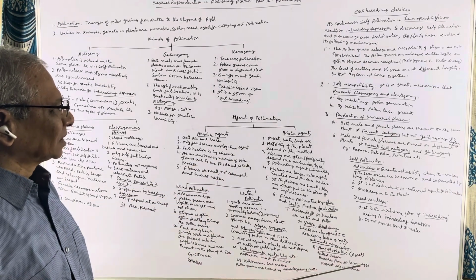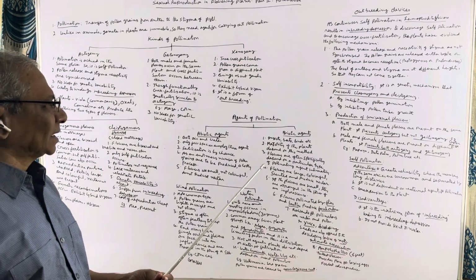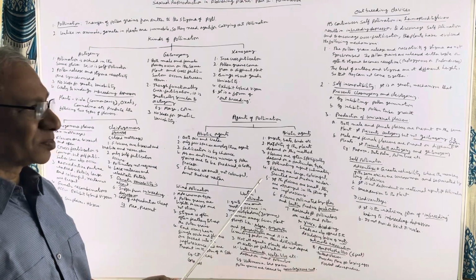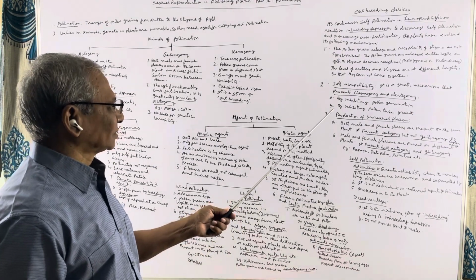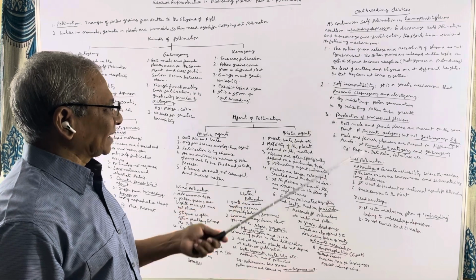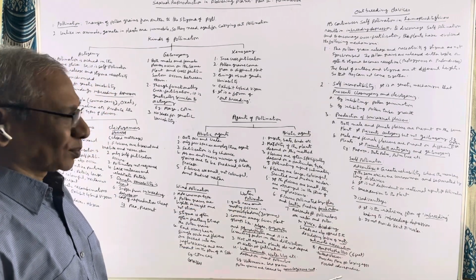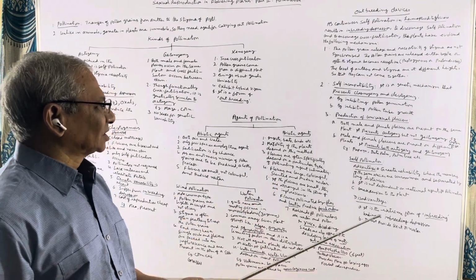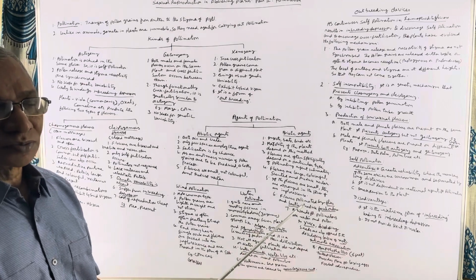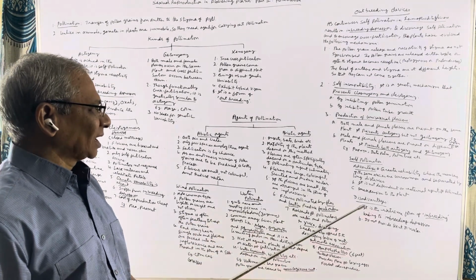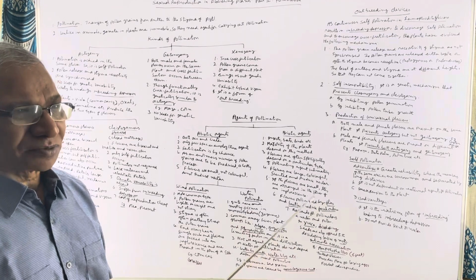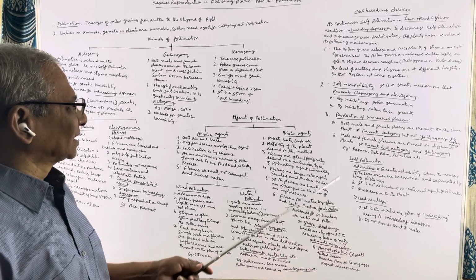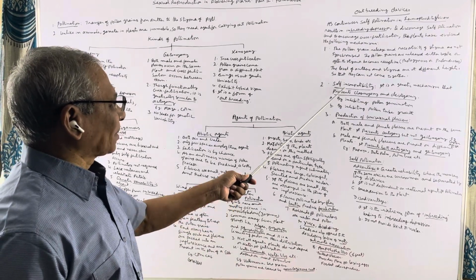In the second type, it is a genetic mechanism. Here, self-fertilization is prevented by two processes: by inhibiting pollen germination, and even if pollen germination occurs, by preventing growth of the pollen tube. Pollen germination and pollen tube growth are important for fertilization, but these two processes are prevented. As a result, this is known as self-incompatibility.